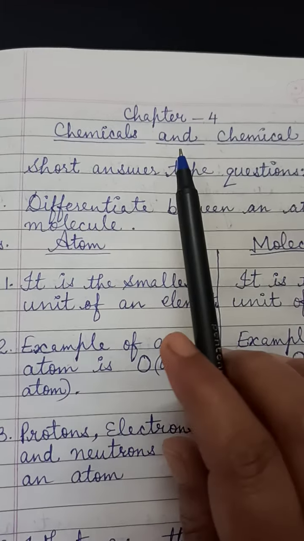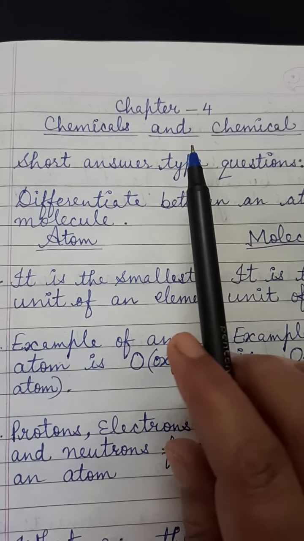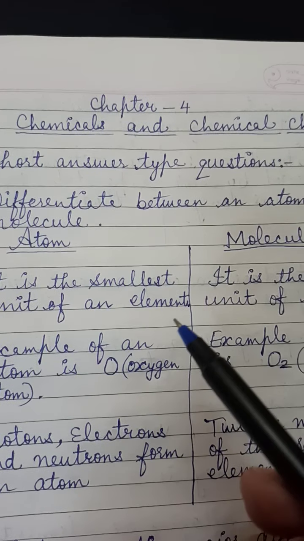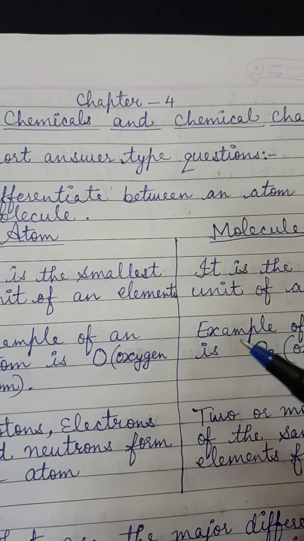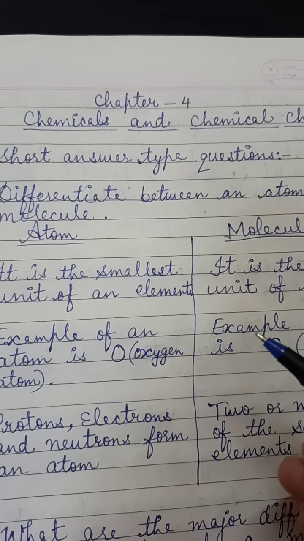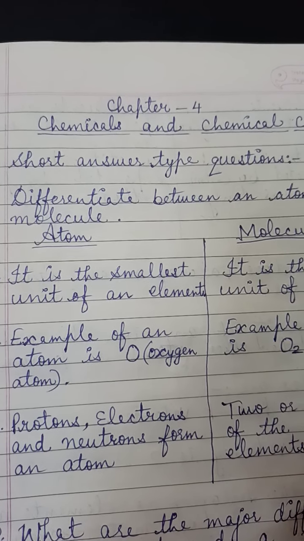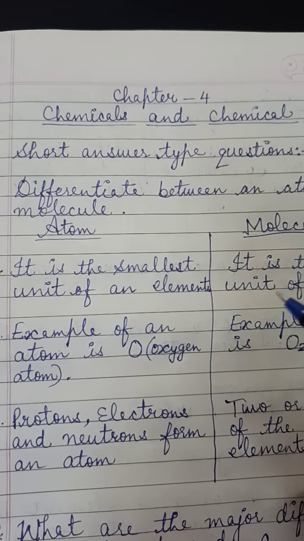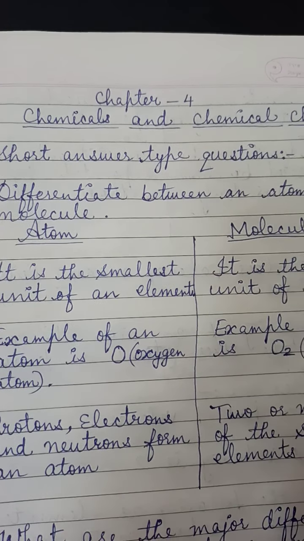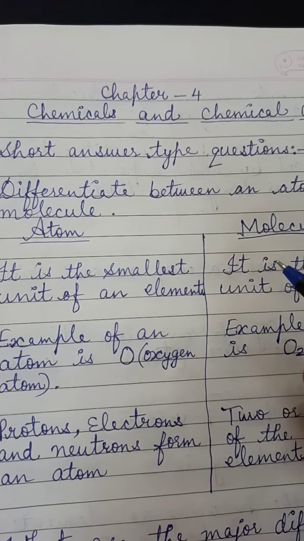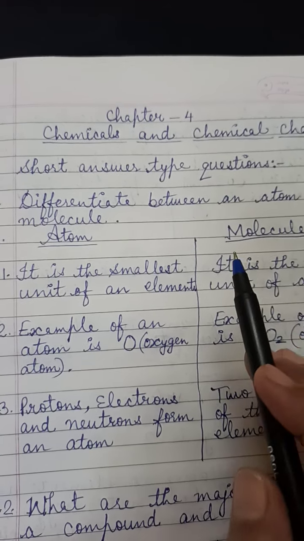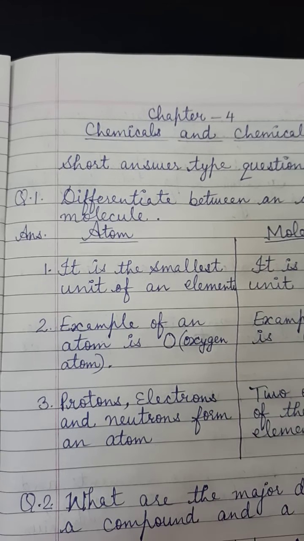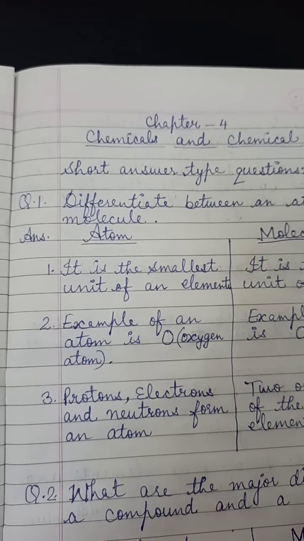So I have given you some pics from the book which you have written in the tabular form, that elements and their symbols, and some formulas also you have written, and valencies table also I have told you to write. So except those tables, you also have to write question answers of this chapter. Okay, so let's see the question answers.